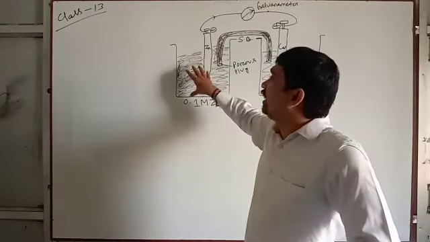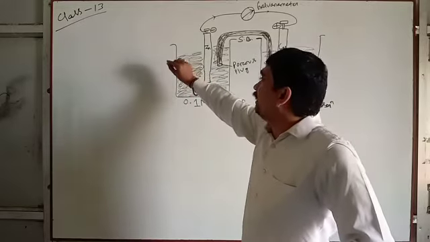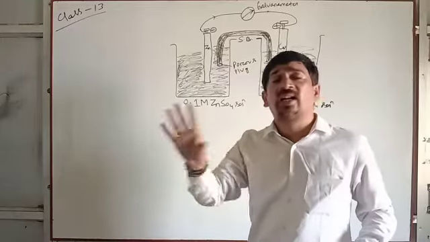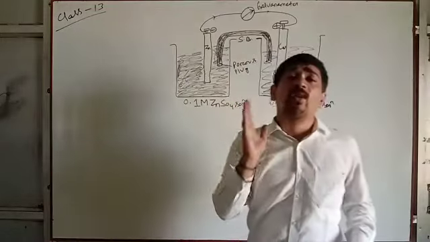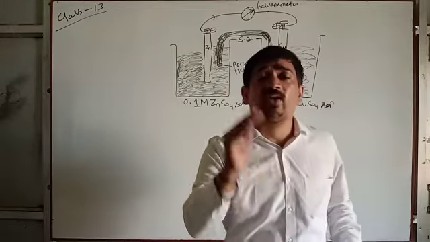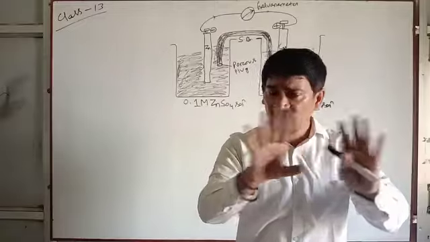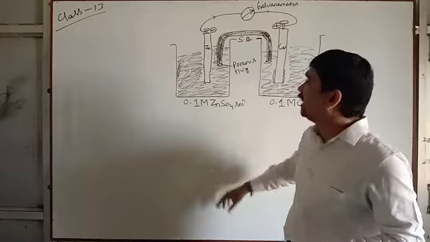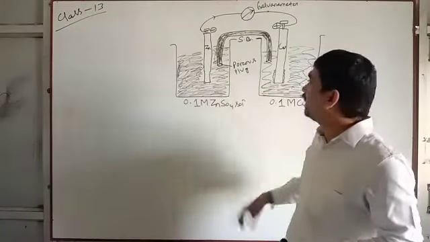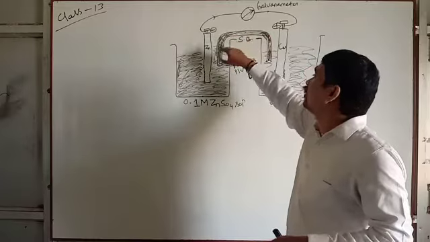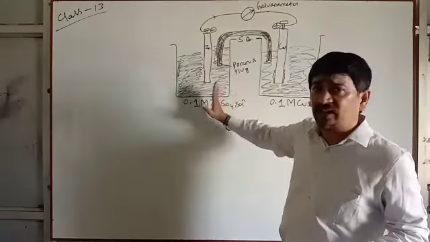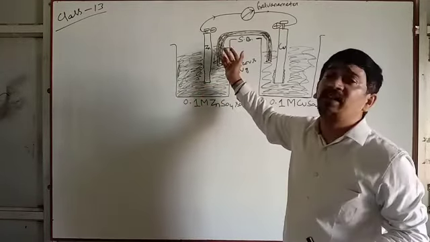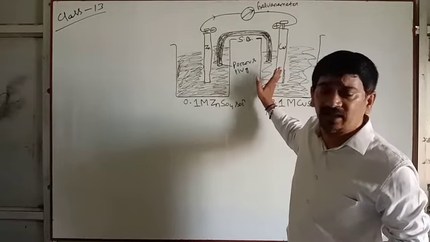So only one thing remaining in this class: galvanic cell definition. Galvanic cell is a device which is used to convert the chemical energy into electrical energy, or it is a device which is used to convert the chemical energy produced in a redox reaction into electrical energy. Write two definitions. First definition, then this diagram. Next we have to discuss the construction of galvanic cell, the workings or functions of galvanic cell, and the work of salt bridge. Clear? We will discuss this vividly in the next class, a very conceptual thing. Try to understand it. You will feel amazed how this works in the galvanic cell. Clear? Thank you.